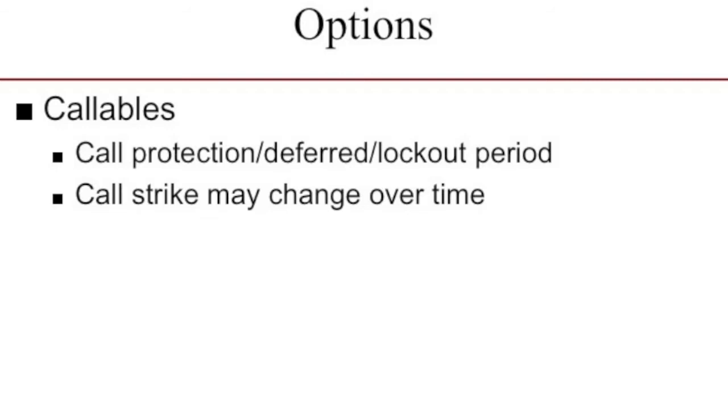Exactly at what price the issuing company can buy it back we'd need to make reference here to the call terms. The call terms might stress what the strike price is, and indeed that might change over time. So it might be in 6 years' time, the issuer can buy the bond back at $102 per 100 par. And that might be the first call date. It might be that 2 years after that, so 8 years from now, the company can actually buy it back at par, if they wish to. If they didn't exercise their right to buy it back, we would assume that it will be redeemed as normal on the set maturity dates.